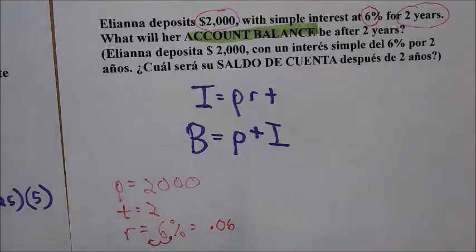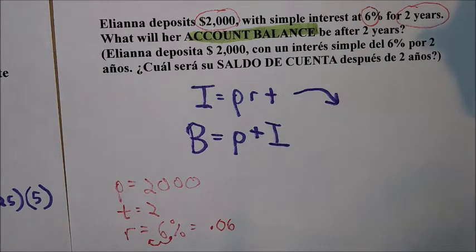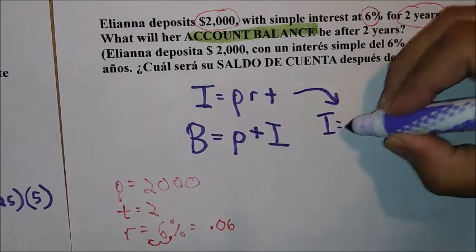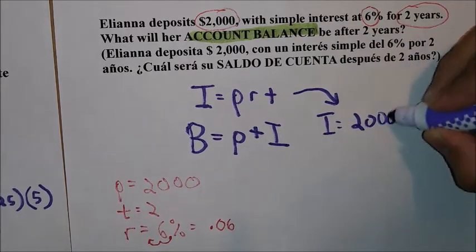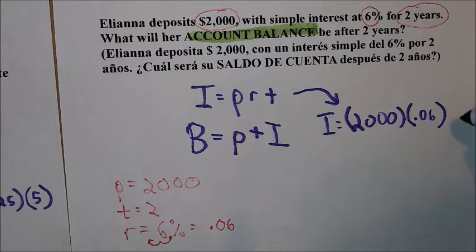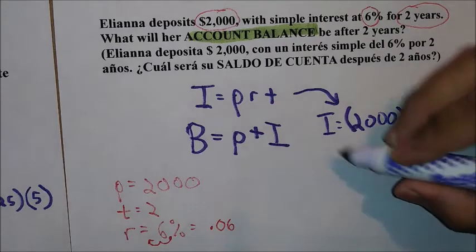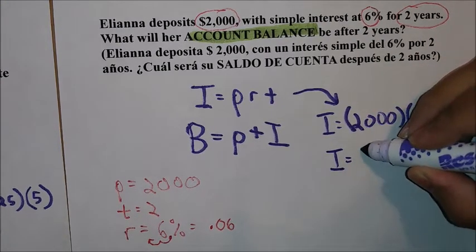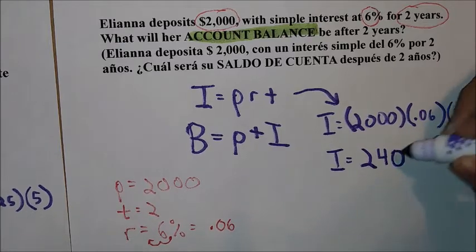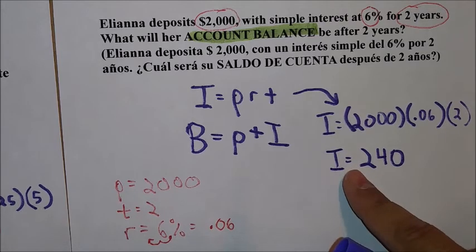So let's work this out. How much interest will she make? Well, it's going to be the principal times the rate times time. Put that in the calculator, see what you get. Okay, so you should get an interest payment of $240. But we're not done yet, because that only gives us the interest, and we want the total